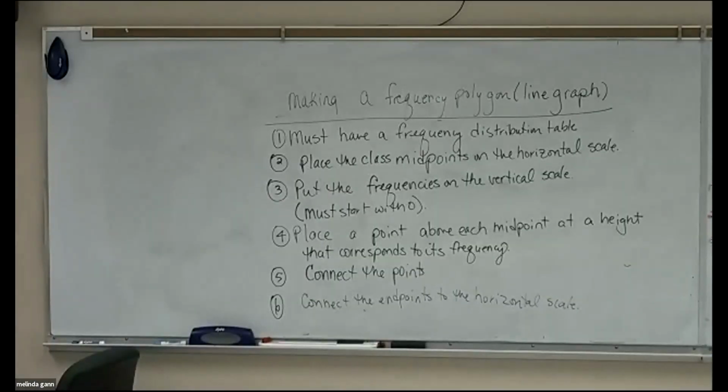Should you draw a line straight down or? That's a very good question. I'm not real particular. For whatever reason, the powers that be, when you try to figure out, should I drop it just straight down? What they tend to do is go halfway. If this width is 5, they'll go half that distance. Why? I do not know. I would love to tell you I knew why, but I don't. But as long as you just connect the endpoint to the horizontal, I'm happy. But that's what they're going to do. They always go about half the width and kind of drop it down to there. So that's what a frequency polygon is.